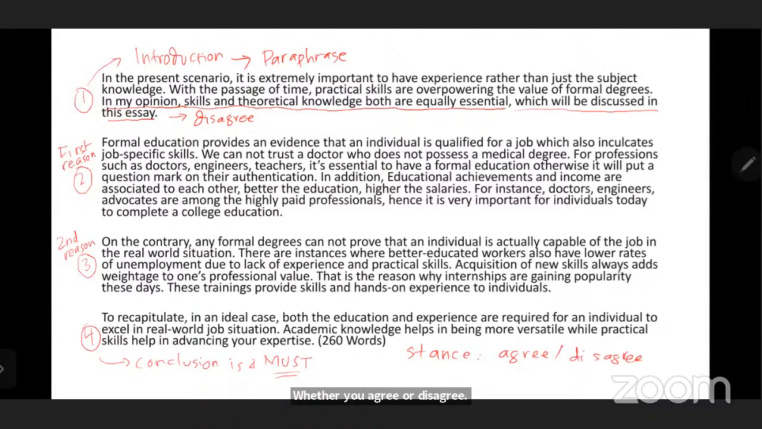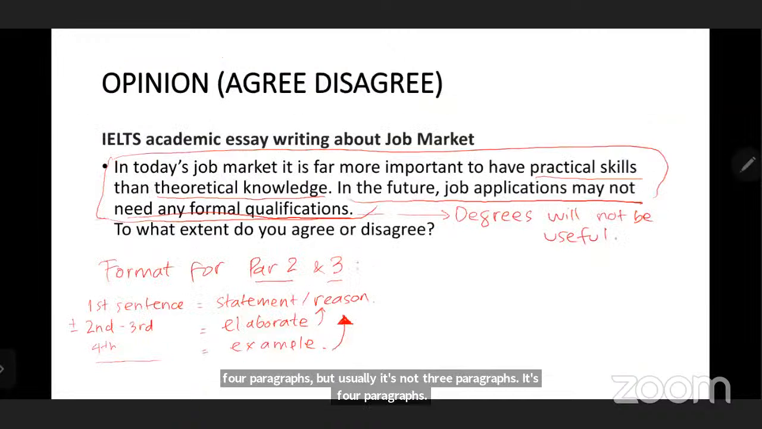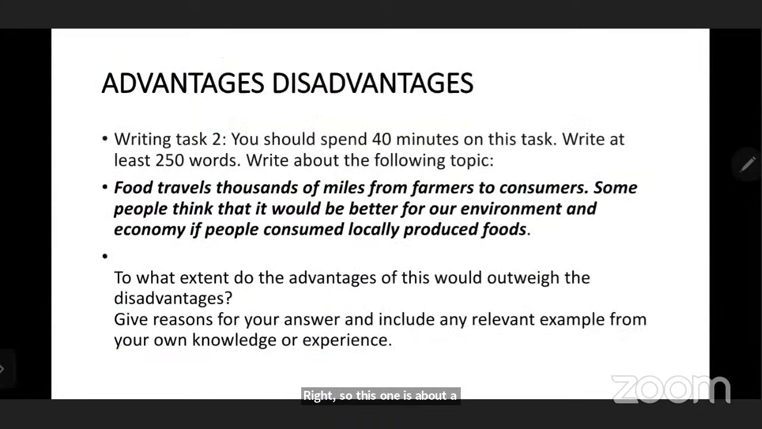Okay, so writing task 2 also has a format of 3 to 4 paragraphs, but usually it's not 3 paragraphs, it's 4 paragraphs. Right, so this one is about opinion, agree and disagree. Next,